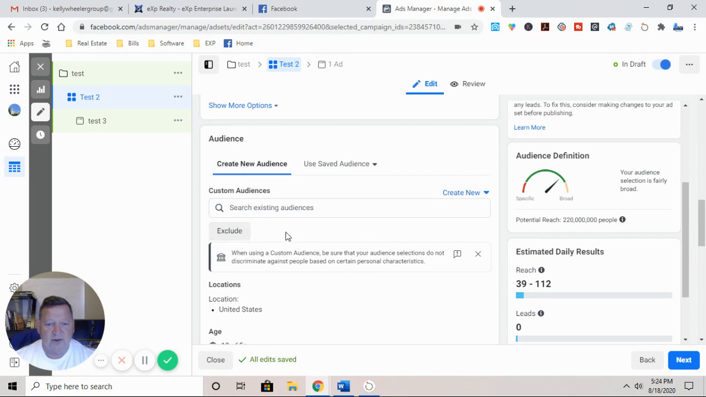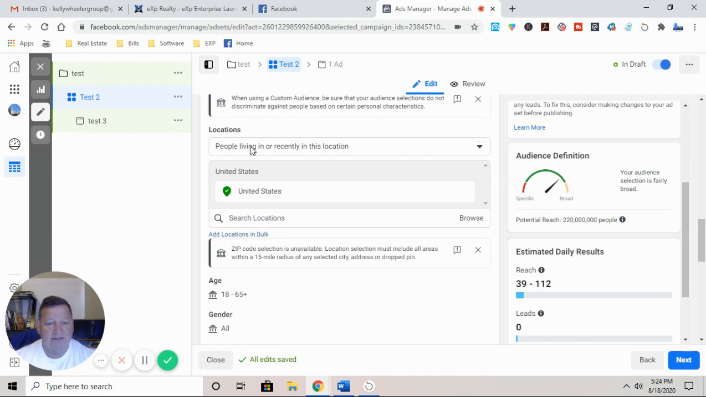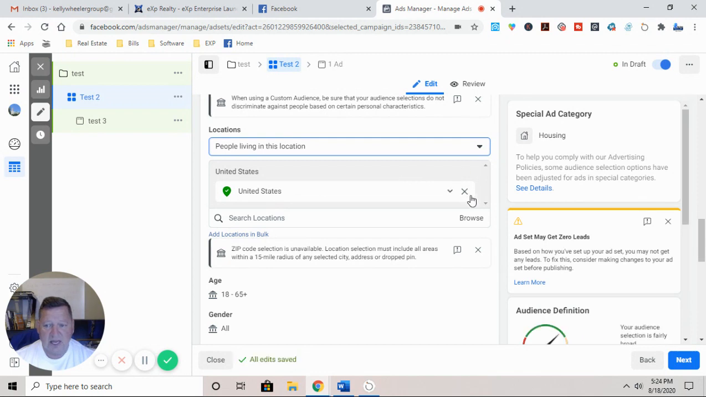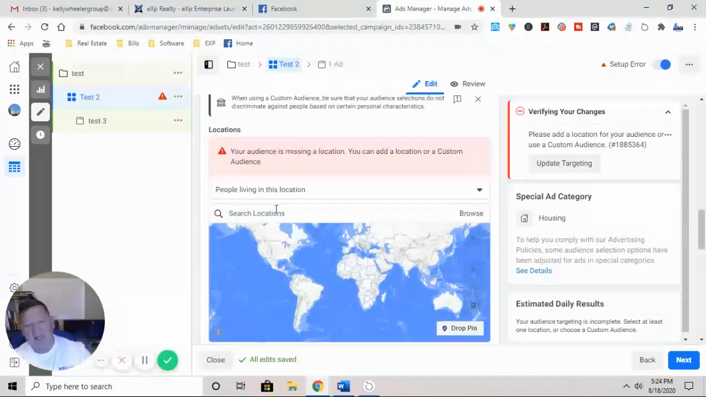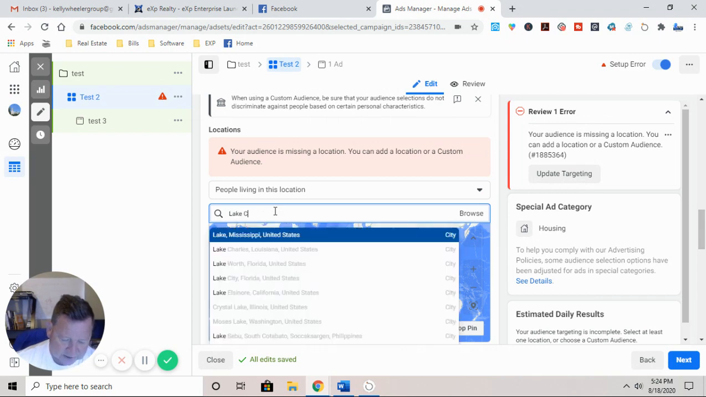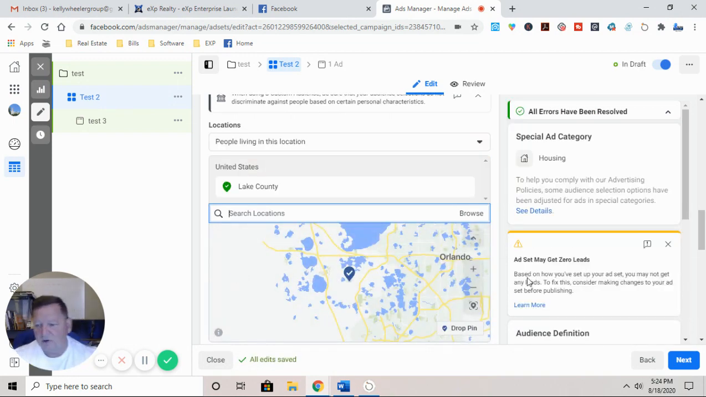The other thing I do is I'm going to choose my location. So I'm going to edit location. I'm going to get rid of people living in or recently. I'm going to go with people living in this location. I'm going to get rid of the United States. And for me, just something simple, I'm going to say Lake County. And I'm going to look for Lake County, Florida, right there. And over here,